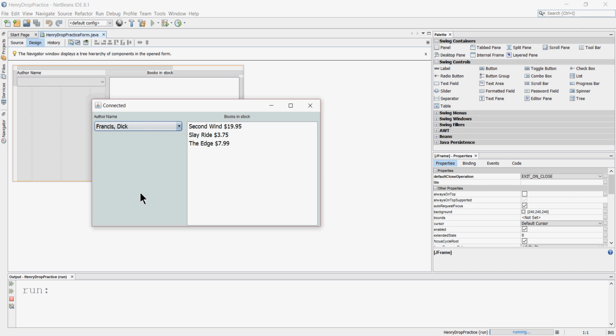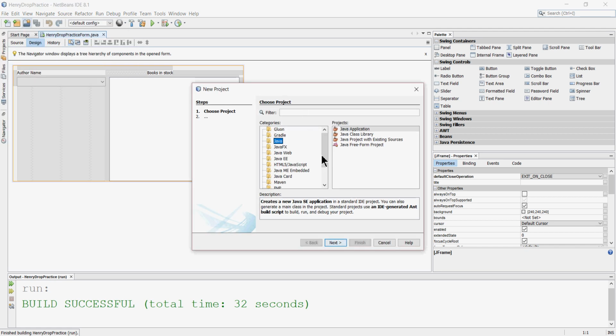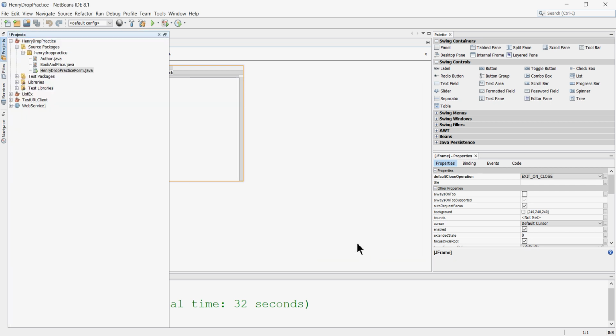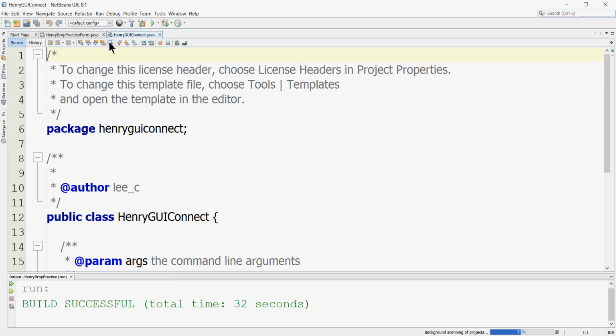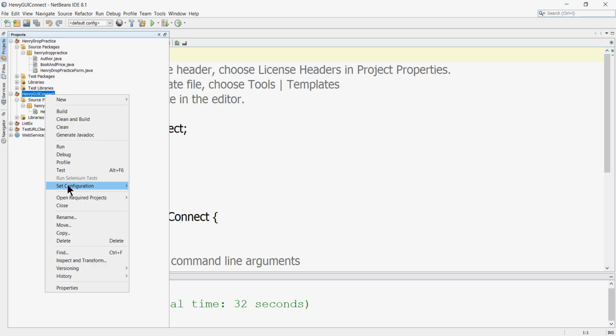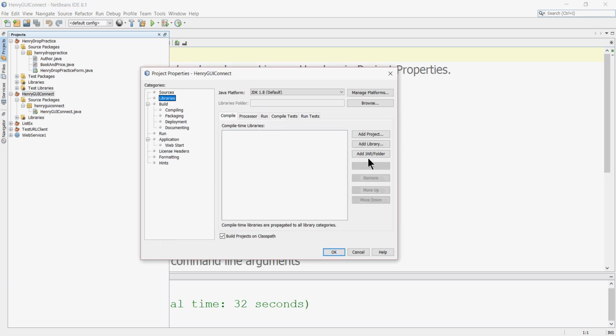All right, so I'm going to stop out of my finished one, build myself a new project, call mine Henry GUI Connect. I need to go to the project itself, and if you recall, I need to go to its properties, I need to go to the library, I need to add a library,